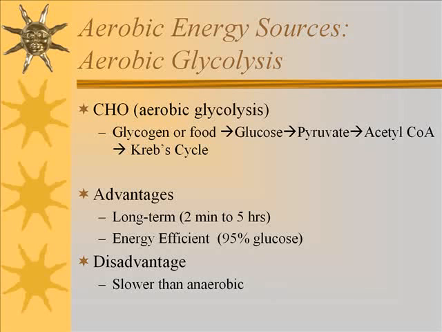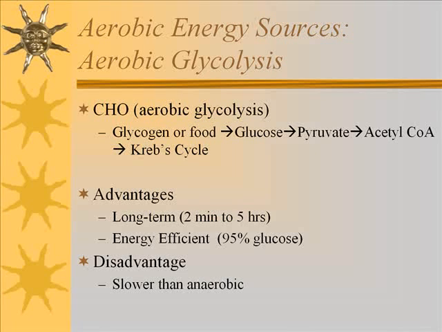So let's talk about aerobic glycolysis. We have that same glucose that was available when we were in an anaerobic state. Now, let's get some oxygen available. We're aerobic. How is that broken down? Well, in the same manner. We might get, again, that glucose could come from food or from our glycogen stores. It goes into the bloodstream, into the cell, and at the cell level, it's broken down in this glycolysis pathway